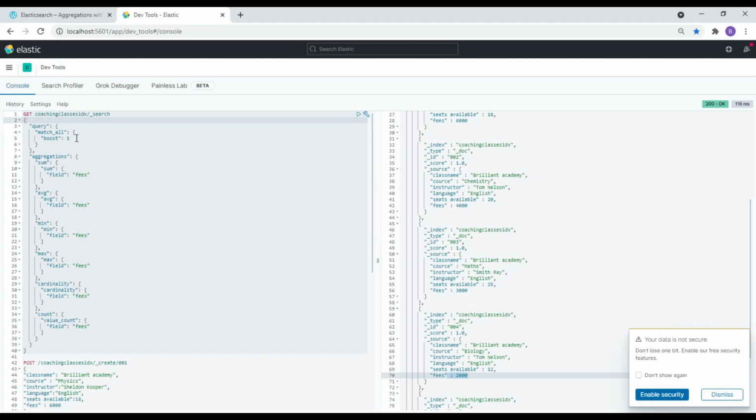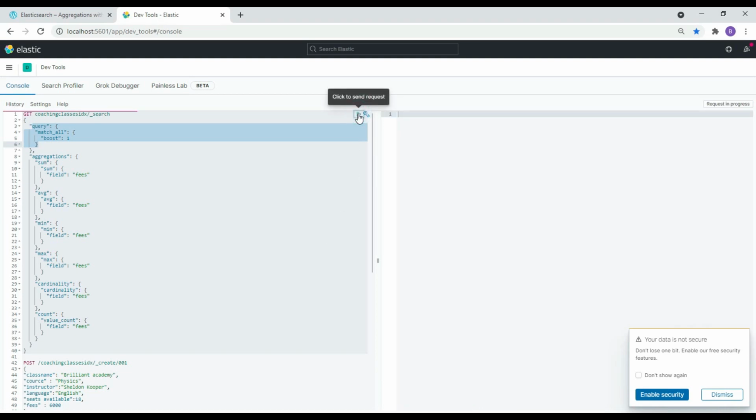Basically, in the coaching classes index, this is the query to get all data. Now these are the aggregations. They will provide the sum of fees, the average of fees, then the minimum from the fees, the maximum from the fees, and the cardinality from the fees. Just say execute.